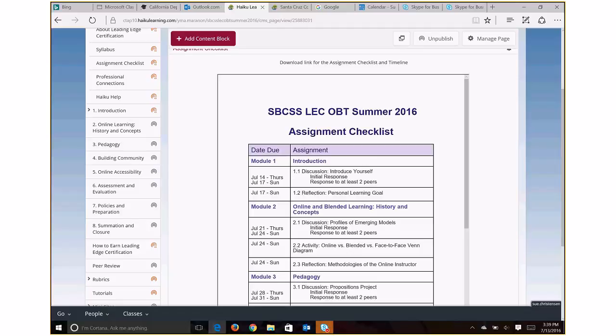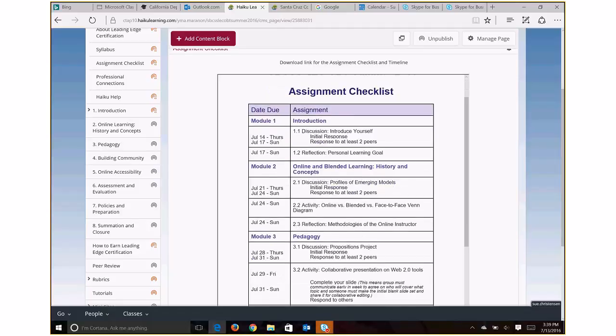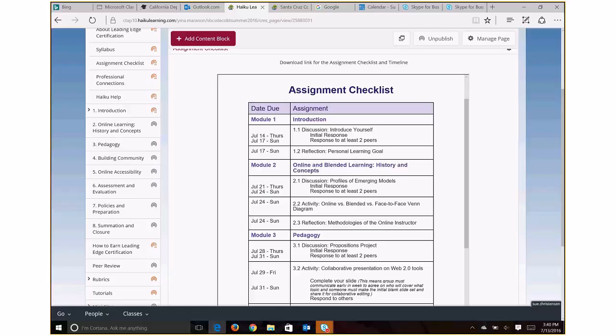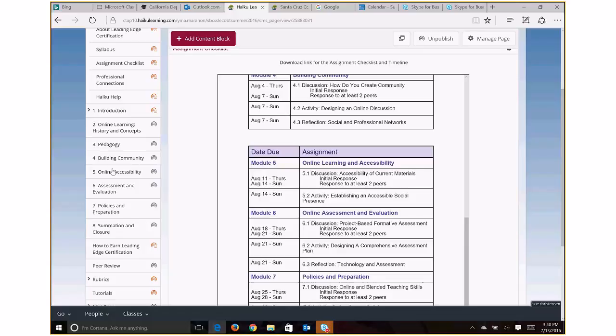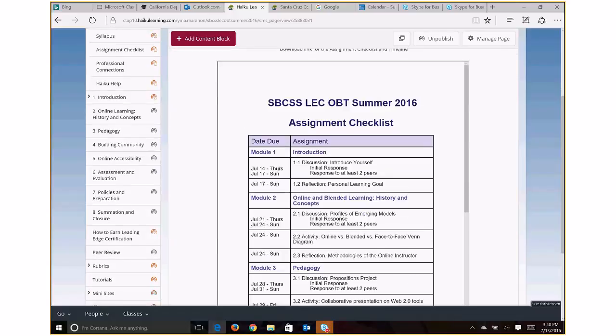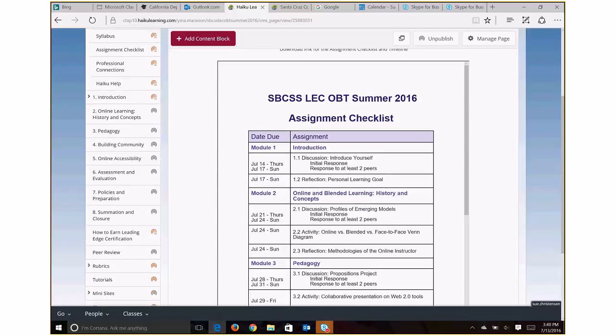All of the other weeks have more than just those two assignments, and the more is really the addition of a portfolio activity in addition to the discussion, the response to the discussion, and the reflections. So this is your guide for your calendar for this whole entire course. It will go 8 weeks, which will put us finishing early in September.